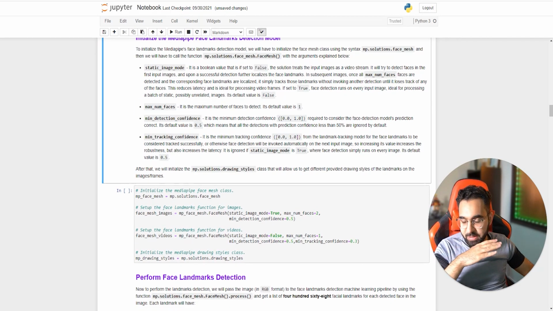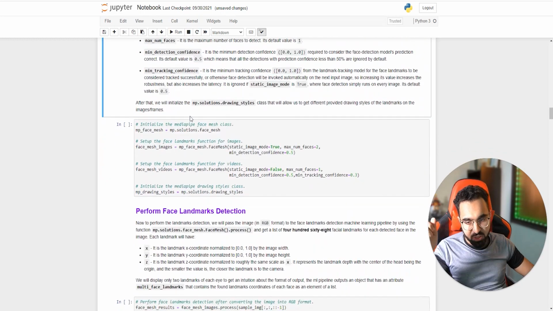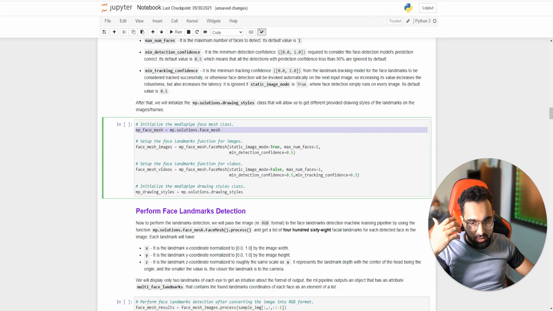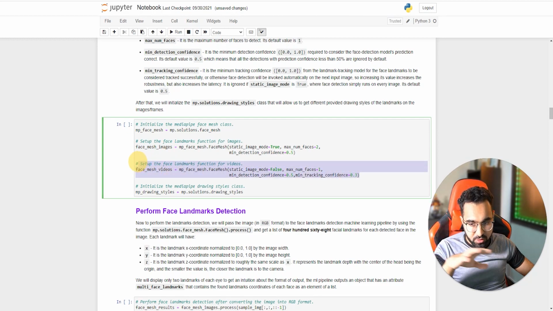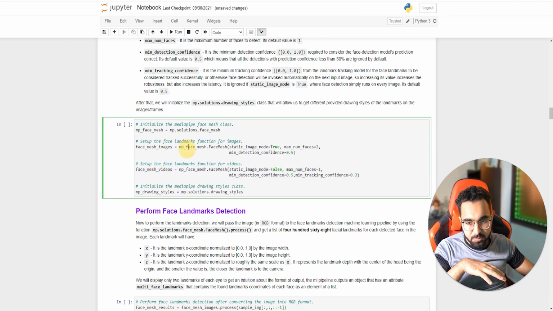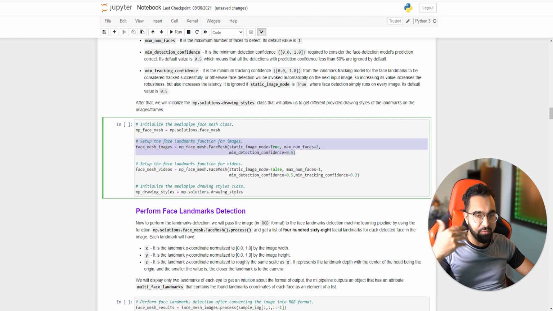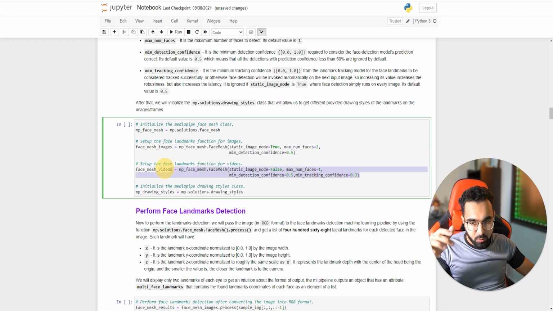For that, it's pretty much the same flow actually. So similarly, you initialize the facial mesh, and then you set up the facial mesh function for images, and then here's another one for videos. The only difference between these two initializations is that I'm setting one up for working with images and the other one for working with videos.